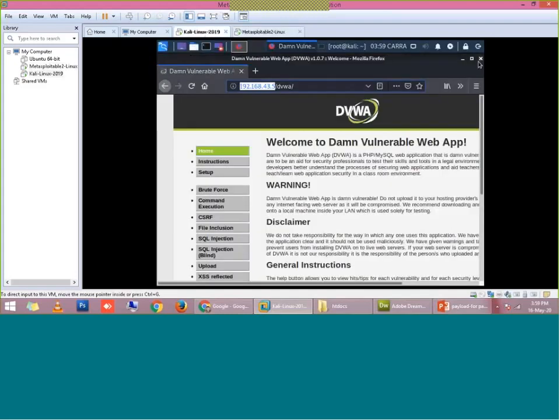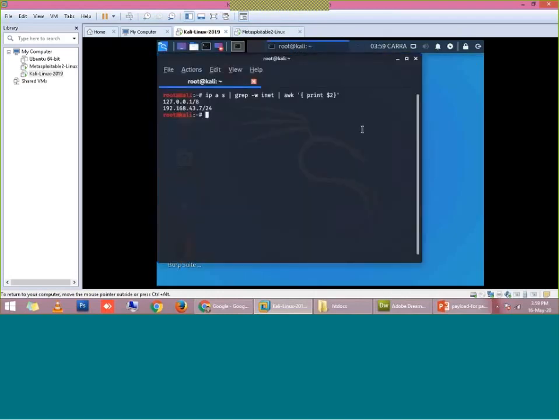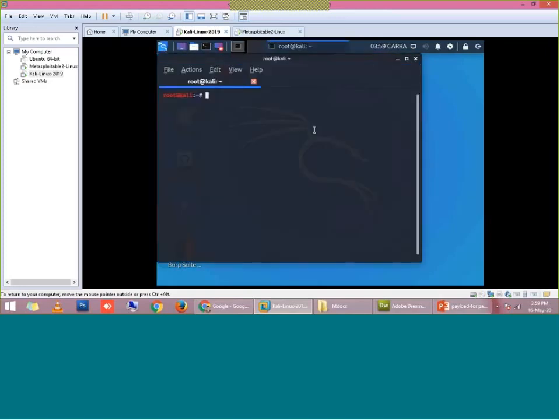The topic of this session is banner grabbing. So we were discussing banner grabbing. For banner grabbing, I will use the command nmap, right? So I will write nmap 192.168.43.5.